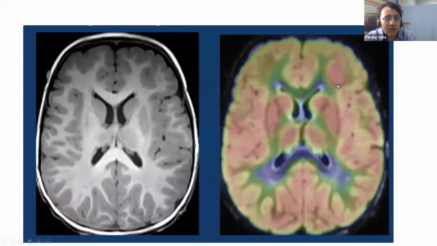And this is another FCD type 2A where we have this, and then we have some arterial spin labeling showing some area of hypermetabolism over there. Yes, arterial spin labeling is a good technique if we want to avoid nuclear imaging, but in our practice, we believe nuclear medicine, or the PET scan, provides much more definitive and more reliable data than the ASL.